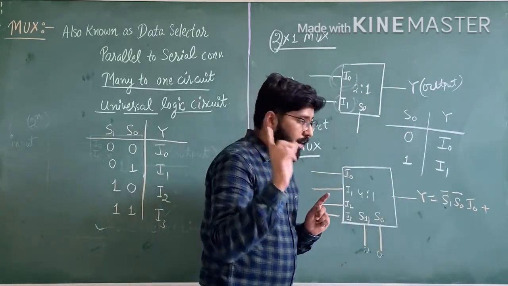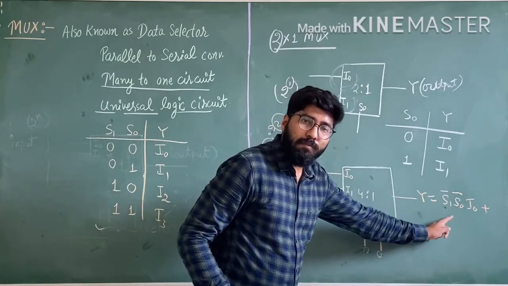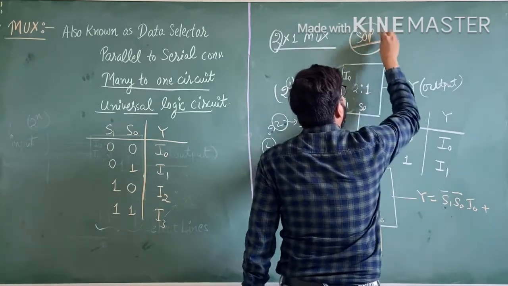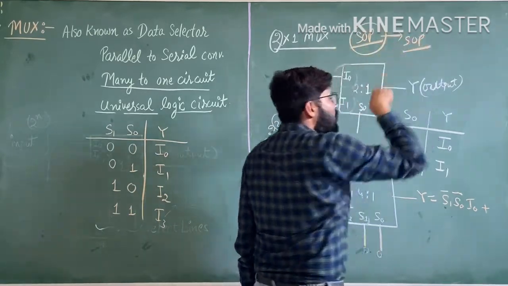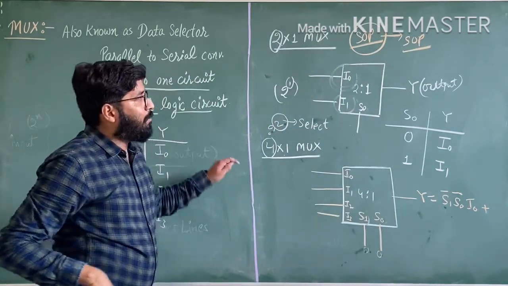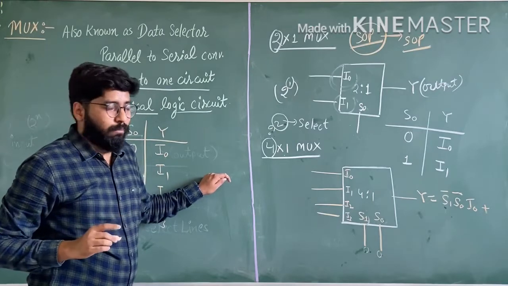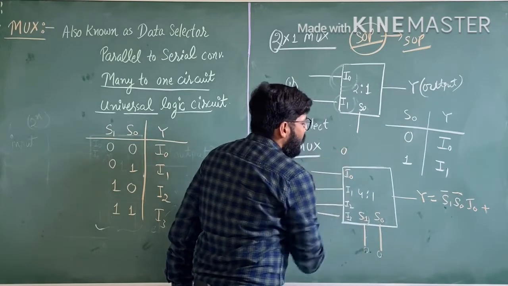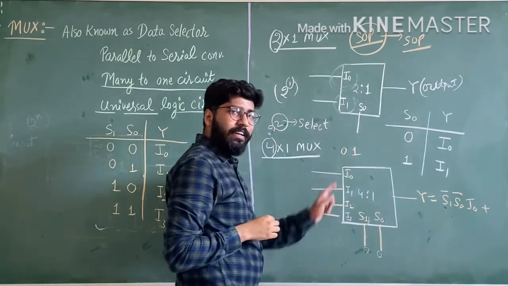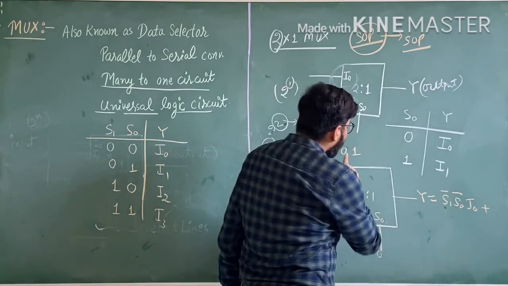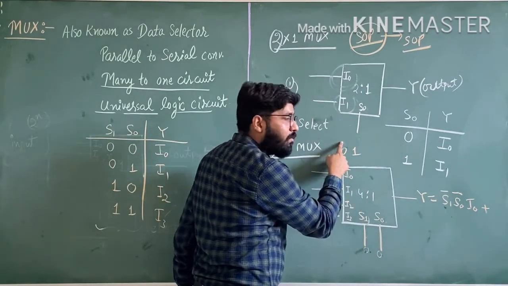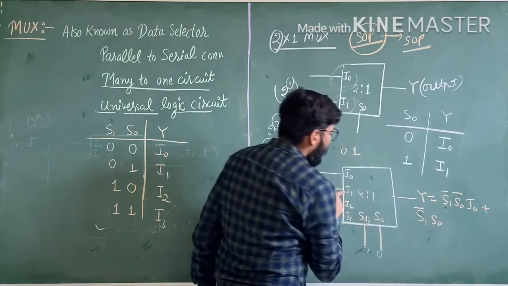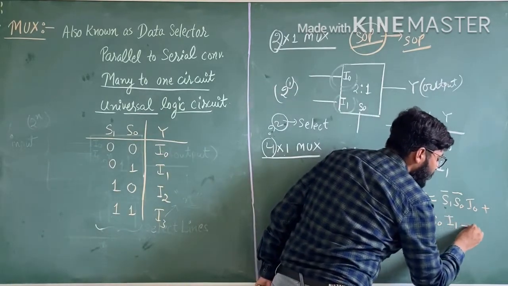Keep in mind that the output is in the form of sum of products. SOP form you have to use. In the K-map, I am also saying that you have to make SOP form, and this is also valid in the multiplexer case. You have to represent the output in sum of product form. Now, suppose S1 becomes 0 and S0 is 1. This is the second condition. Then this one is in complement form and this one is without complement. So you represent S1 complement, S0, and you get output I1. This is the second output.